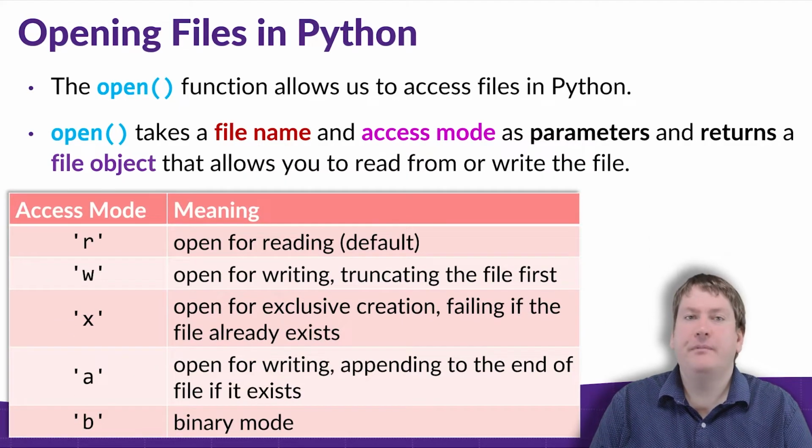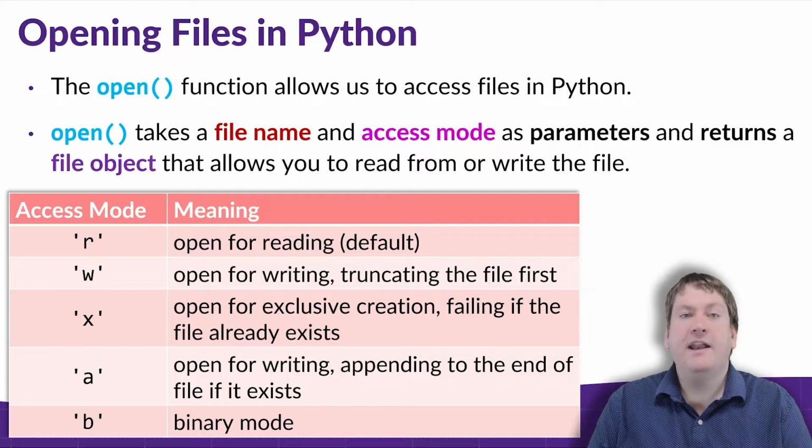On the screen now are some of the most common access modes that you're going to need while working with files in Python. Each access mode is a string of one or more characters that represents how we're going to interact with that file. The first access mode we have listed here is R, which is for reading. This opens the file in a read-only mode, and if that file doesn't exist, then it is going to raise